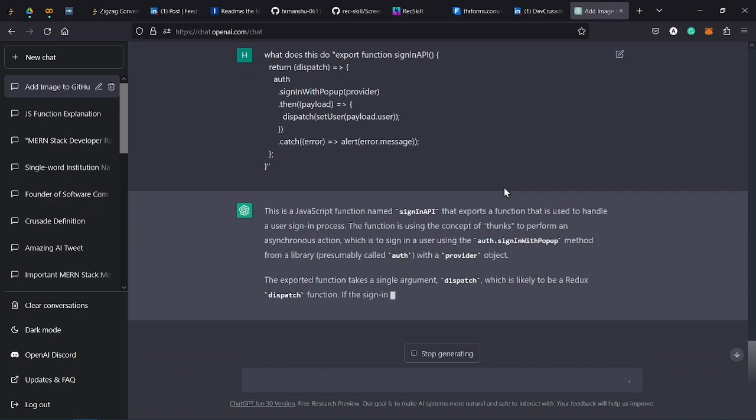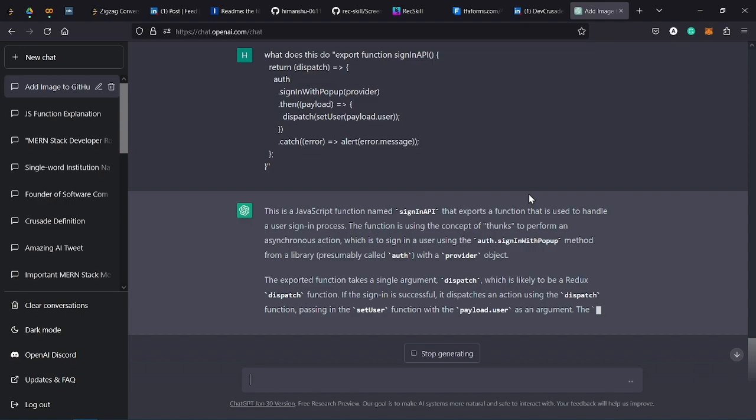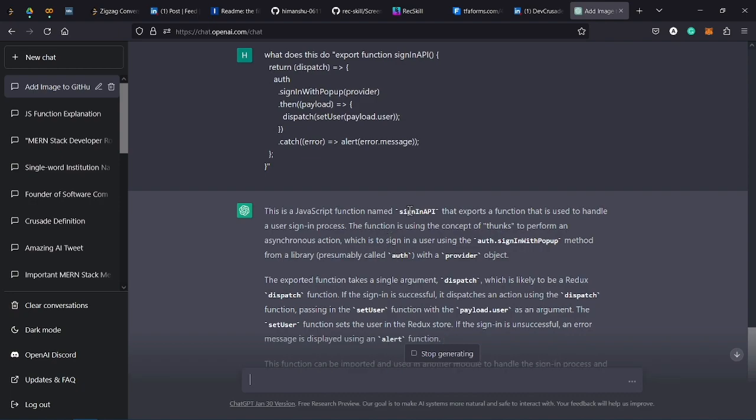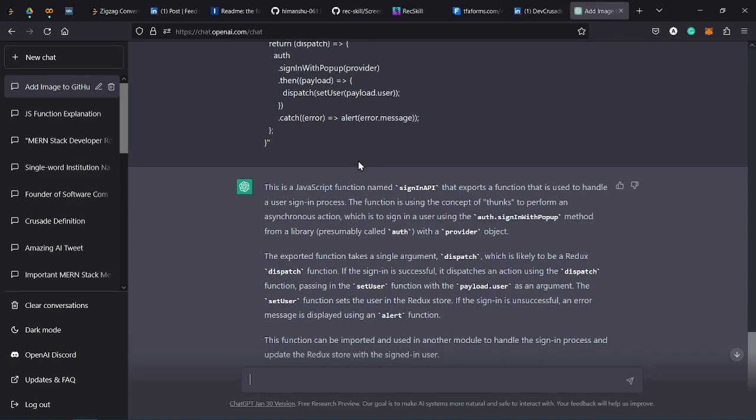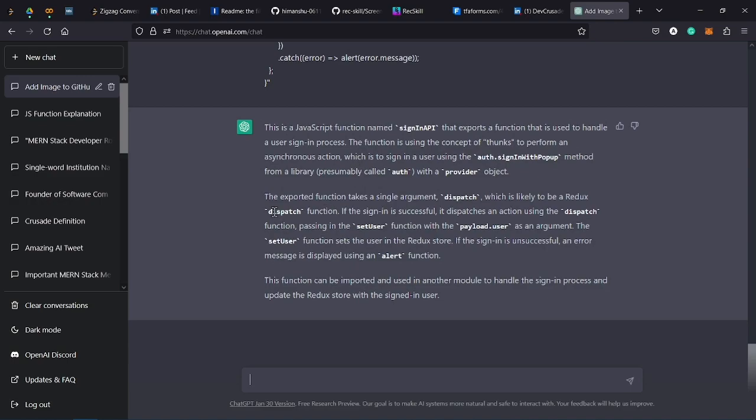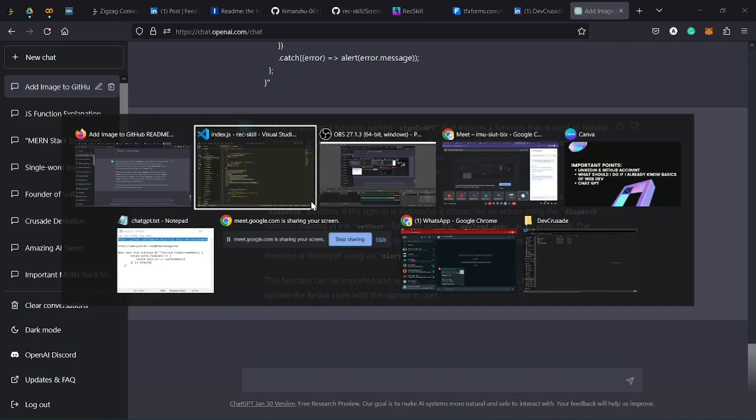You can even generate text. For example, if you have to give a speech or make a presentation, you can just type there, make a presentation on HTML or CSS or whatever it may be. This is a good option, and you can explore various ways to use ChatGPT. We have various posts on LinkedIn which give examples of how to use it. Here you can see it has given me a complete, detailed explanation of what that particular function is doing. So this is one way of using ChatGPT, which I actually discovered today itself when I was working on a Node.js thing, right? So this is what it is.